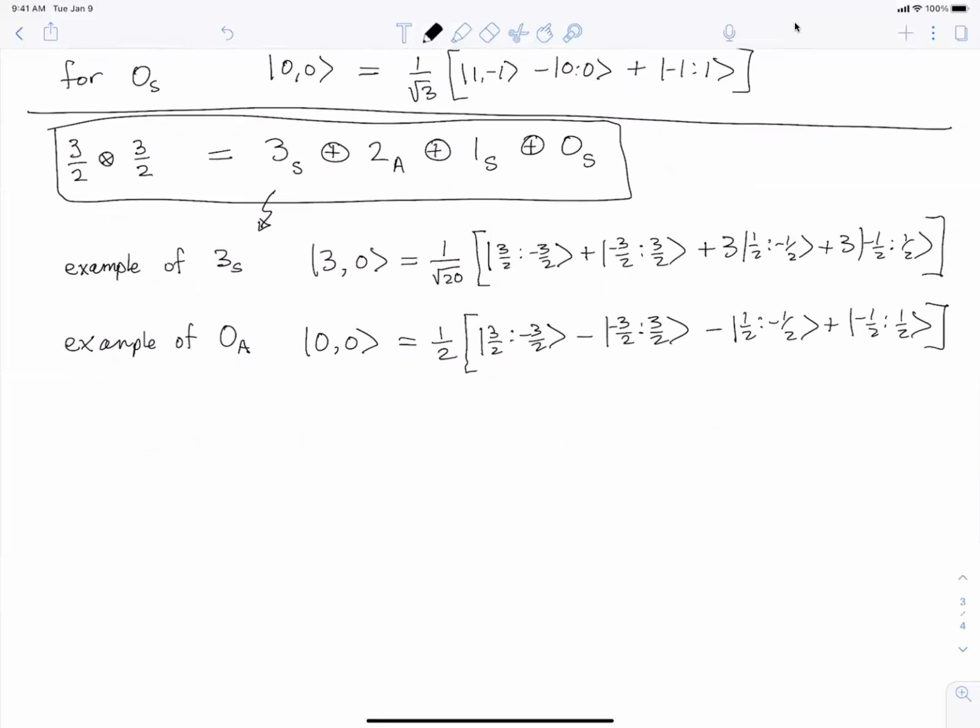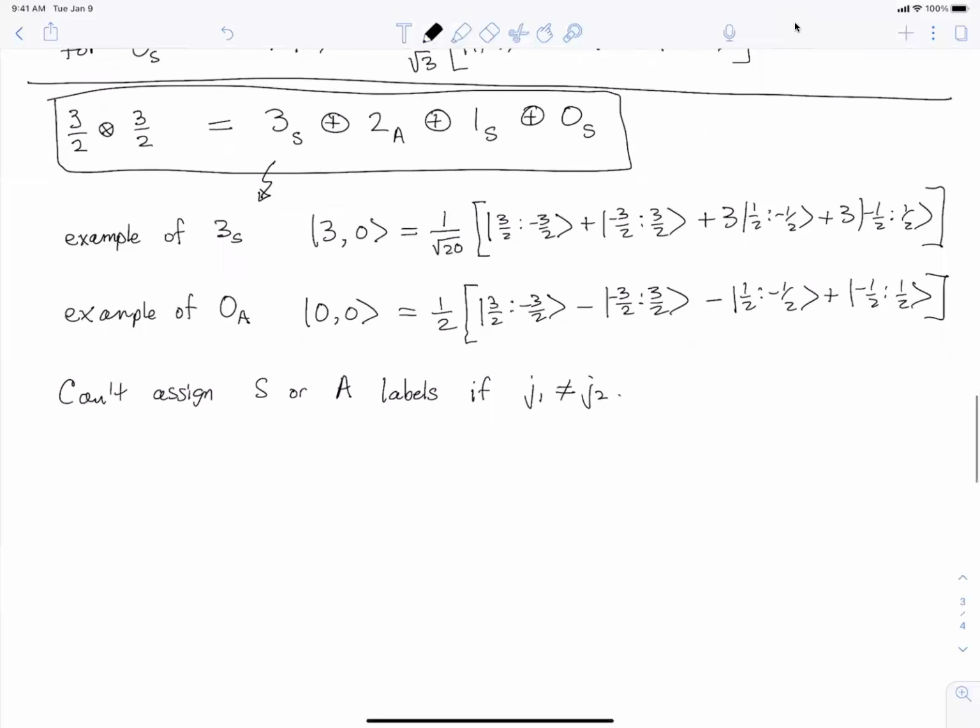Okay, so one thing I want to emphasize is that this assignment of symmetric or anti-symmetric only works if the two angular momenta are the same. So you can't assign symmetric or anti-symmetric labels to the product basis states if J1 and J2 are not the same, as we were just assuming. Okay, and the reason for that is just if they're not the same, you don't know what it means to